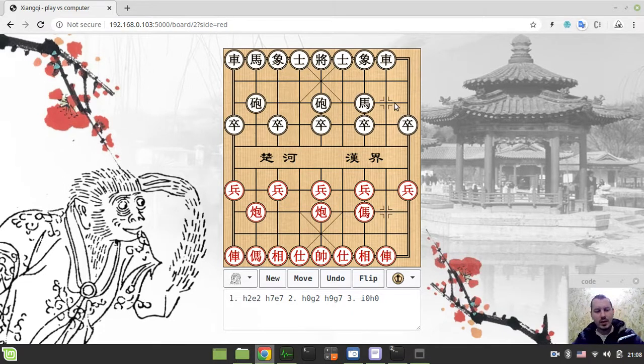I don't know whether you can hear the sounds, but I swear they do work. And now I want to capture the rook. So you see how the capture will now occur. Okay, just captured. And now I want to recapture with the knight. So you see now this knight would recapture the rook. Okay, and the knight recaptured. So as you can see, guys, I can now play between two humans,